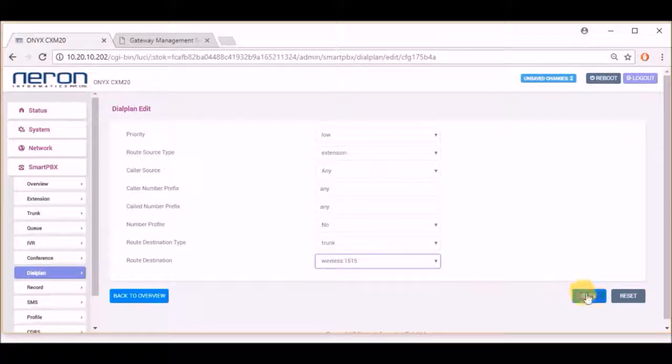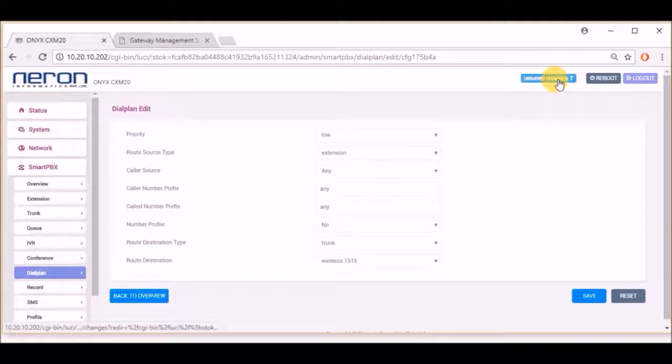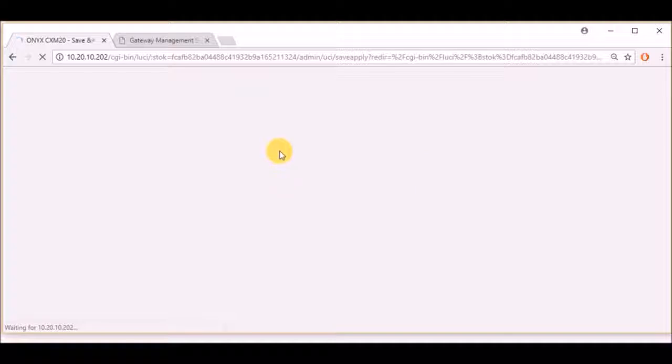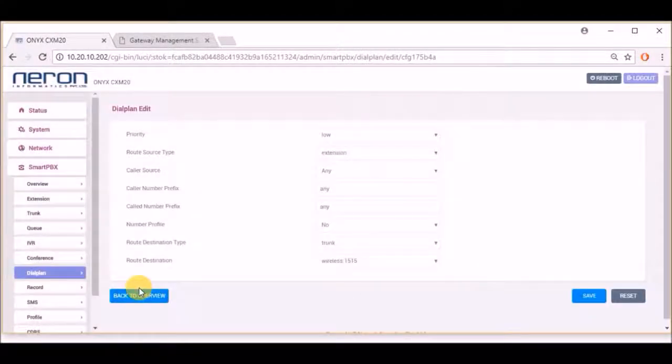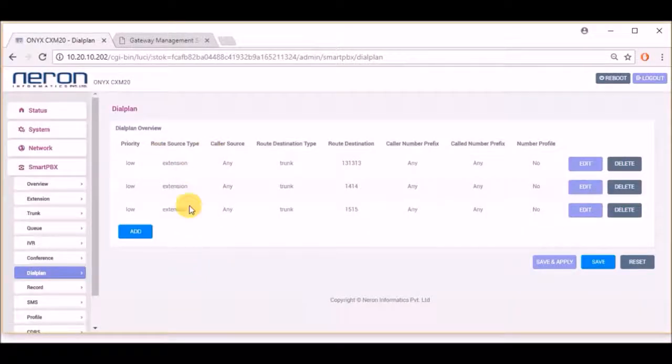Click on save, click on unsaved changes, save and apply. Now click on back to overview. As you can see, I've created 3 dial plans, one for SIP trunk, one for your FXO, and one for your wireless port.